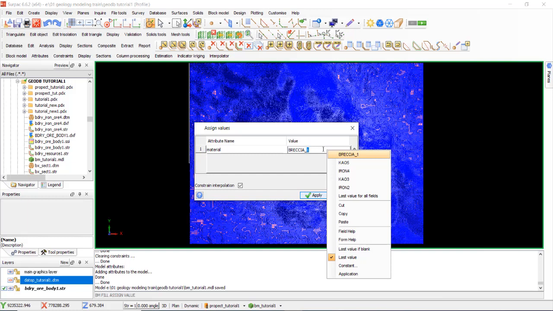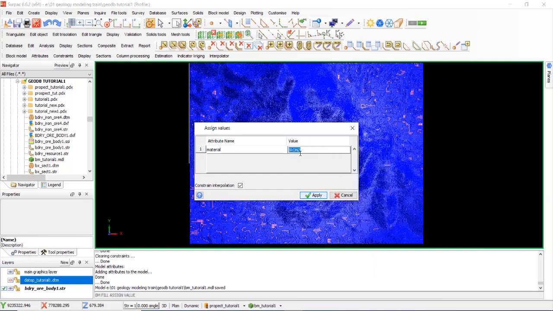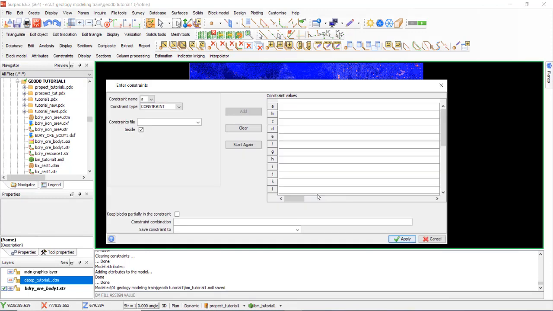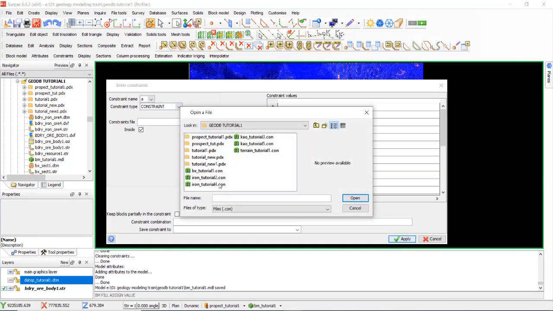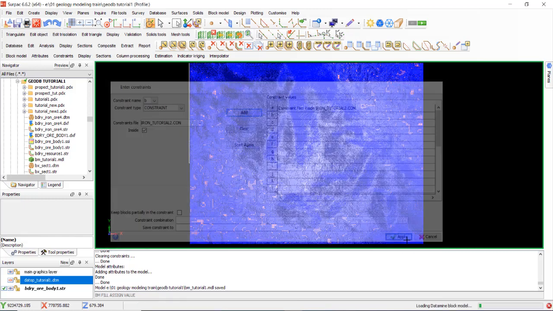Iron 2, but must have underscores, yeah. Select the iron layer 2, apply.